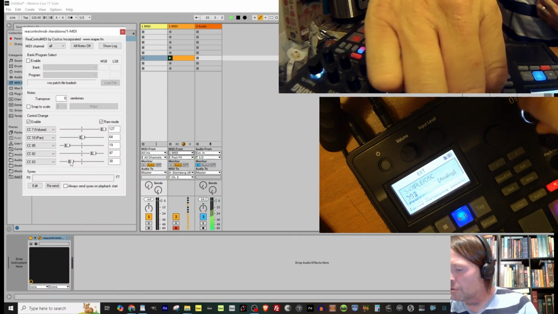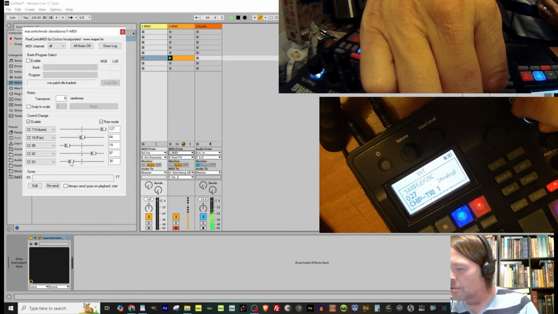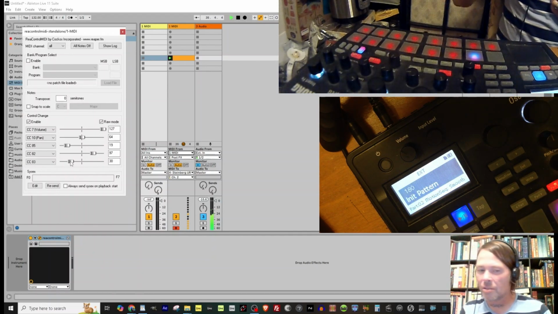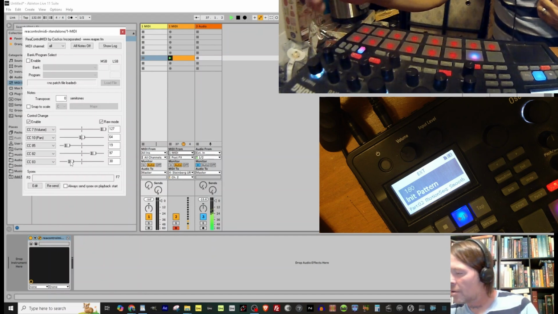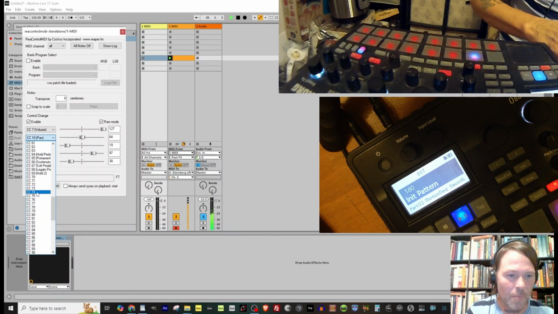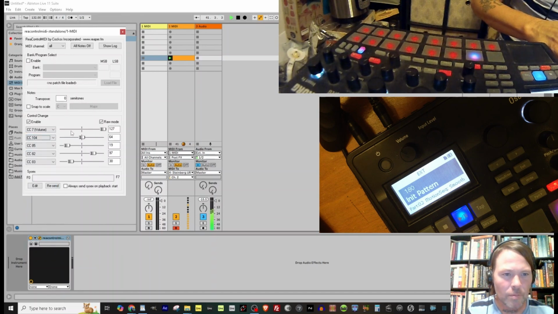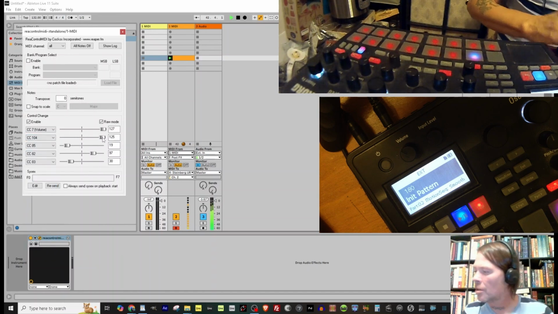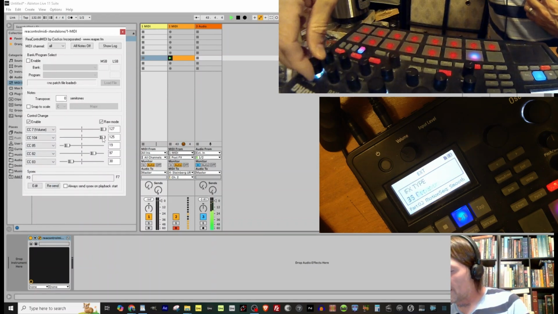Change it to one of the new, more exotic oscillators. Chip triangle. Okay, 104. Let's turn on the insert effects. Let's change it to